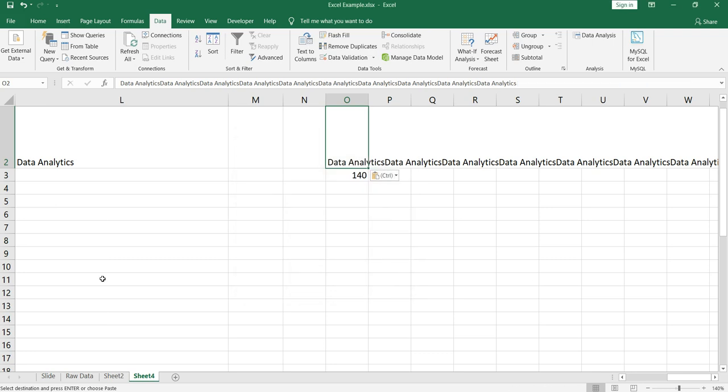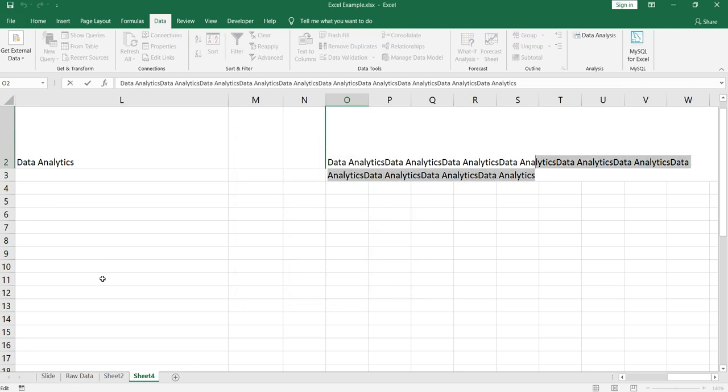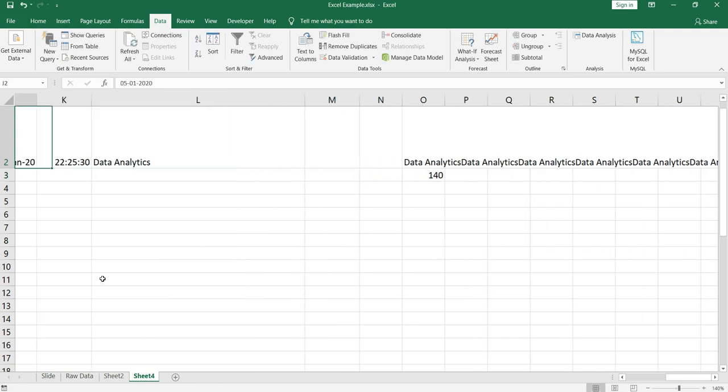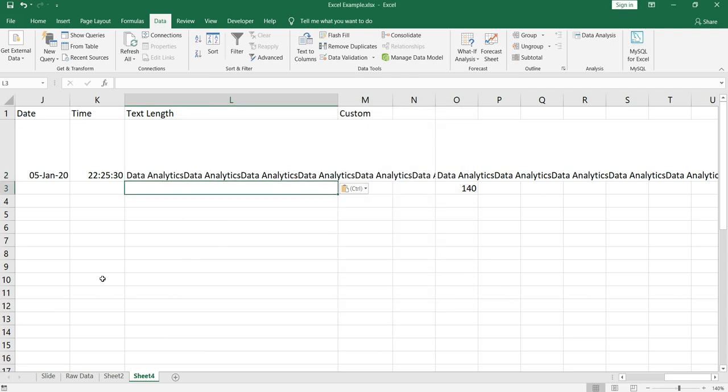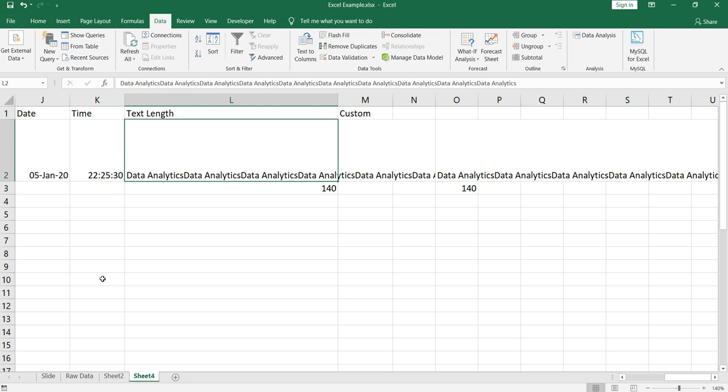One more time, I'll copy this entire thing and paste it here. To show you that this length is exactly 140, I'll take the length function and put it here. So this cell contains data of 140 length.